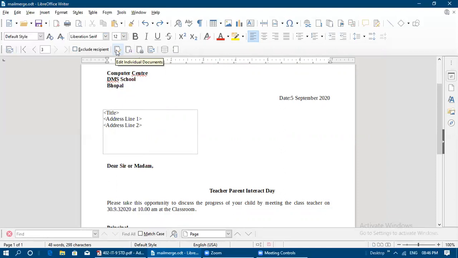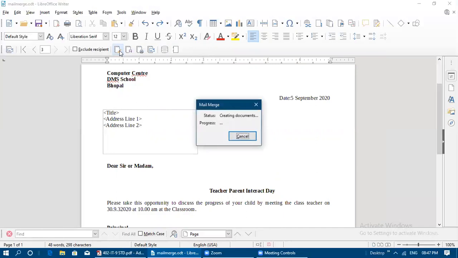See here: edit individual documents, save merged documents, print merged documents, send email messages, and data sources, address book source. Like that, some icons are displayed here. In this, you need to click on edit individual documents in order to create multiple copies. Here I have created 3 addresses, 3 recipients in my list.